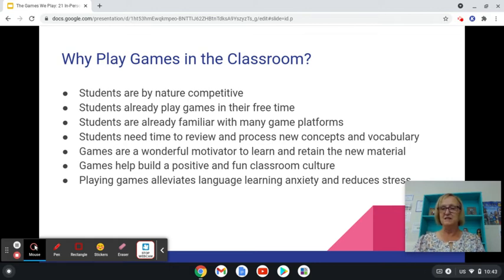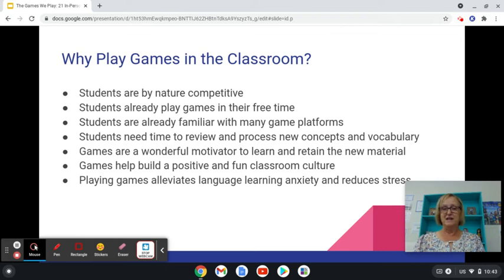Also, students need time to process the new concepts and vocabulary. So playing an occasional game works well for that. And it's also a wonderful motivator to learn and retain the material. Most importantly, games help build a positive and fun classroom culture.